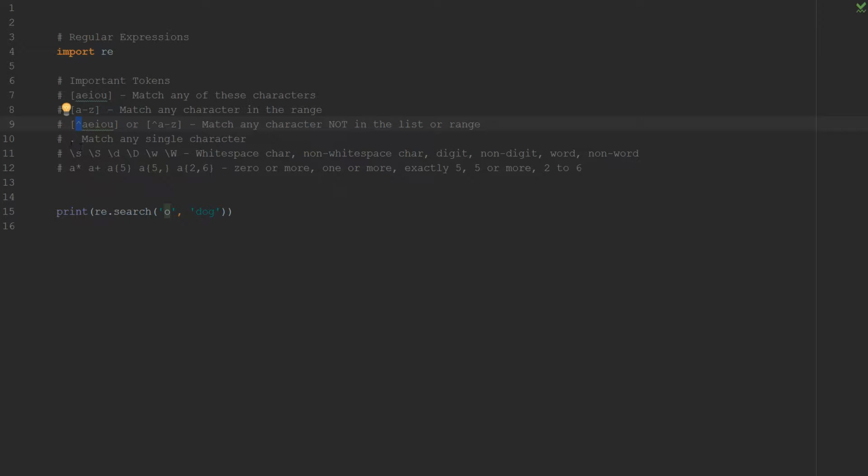We can match any character. This is any single character. So if we want to see if it's got an O followed by anything, you could put O dot, something like that. You've got white space characters, non-white space, digits, non-digits, words, non-words, and then you have the ability to modify those